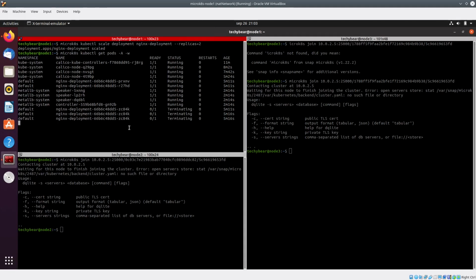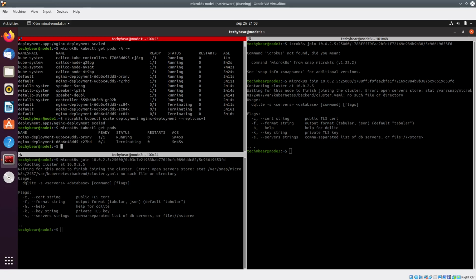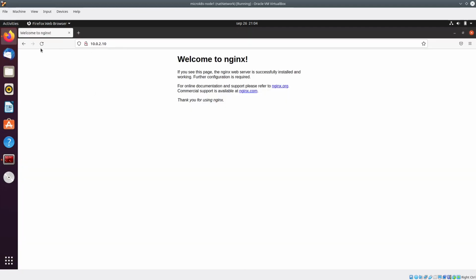In the same way, I can scale down one more. Let's say 1. So only one replica will run, and I can check with microk8s kubectl get pods, and it is terminating the second pod as well. So only one pod will be there, and through the load balancer, I will be able to access the last pod as well.